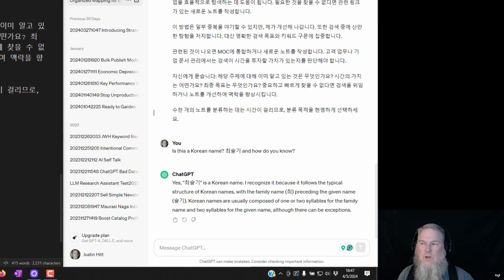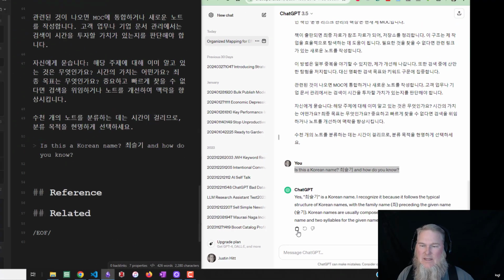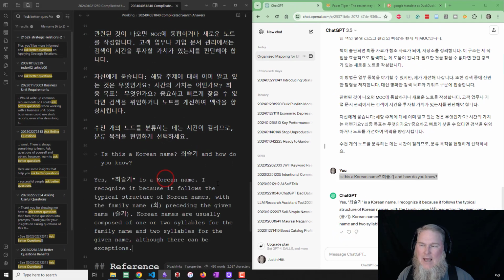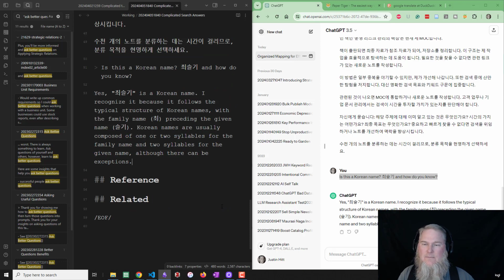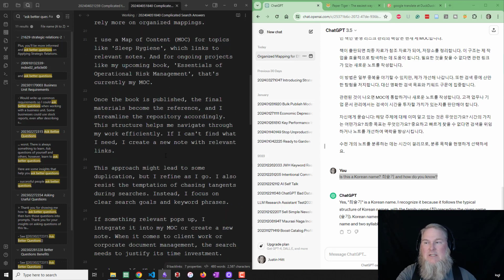And how do you know? The how do you know is very important, because if it came back and said this language structure is not appropriate for Korean, or family names aren't typically that way, then I would just redo the first part and change the translation. So again, I'm not going to publish this because I'm going to read this a little better to